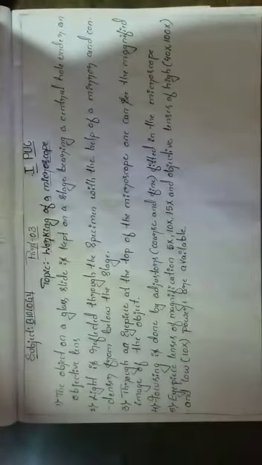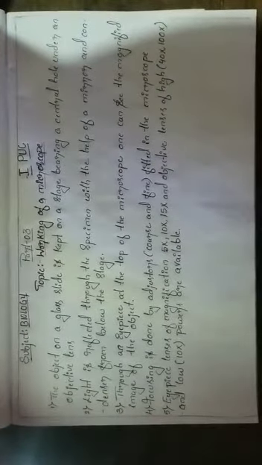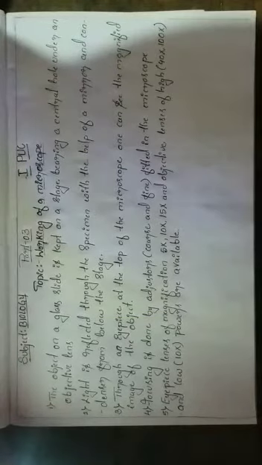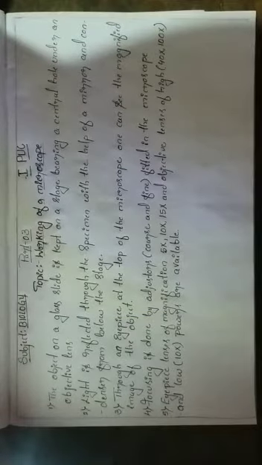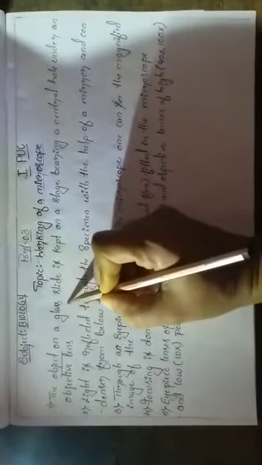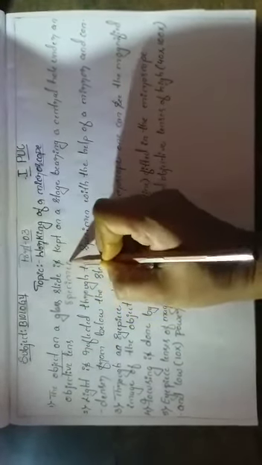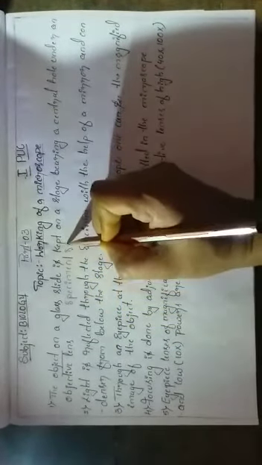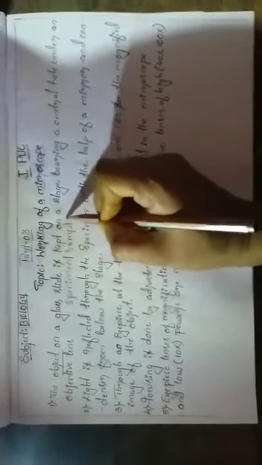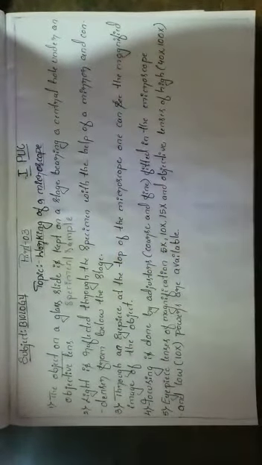The object means what we need to observe. That is the meaning of the object here. The object is nothing but the specimen, or we can say the sample also. Fine. So the object on the glass slide is kept on a stage bearing a central hole under an objective lens.